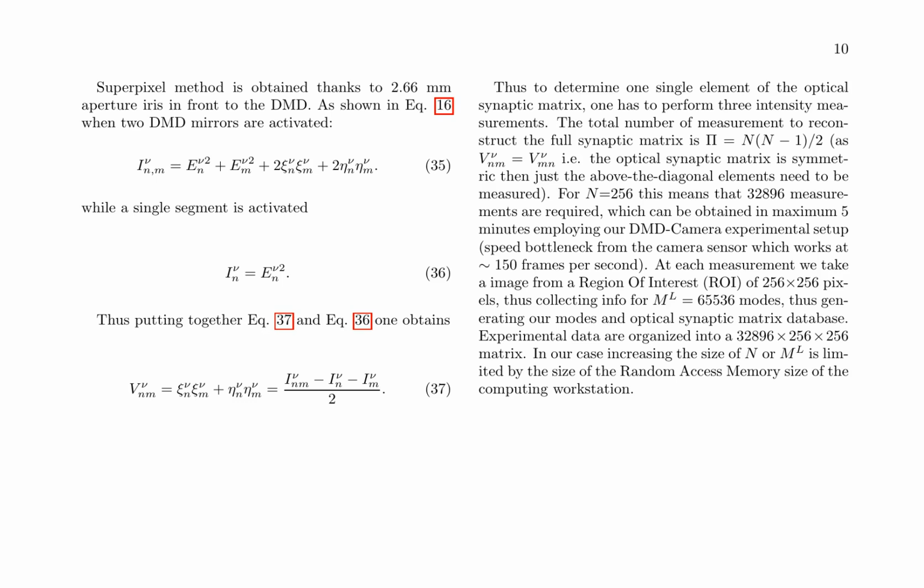The experimental setup employs a single-mode laser, a digital micromirror device, and a diffusive, multiple scattering medium to measure the optical synaptic matrices V nu. The complete couplings mapping method is used to reconstruct the full synaptic matrix, requiring 3 intensity measurements for each element. The total number of measurements is N equals n1 times n2, which can be obtained in a few minutes. The experimental data are organized into a large matrix, limited by the size of the random access memory of the computing workstation.